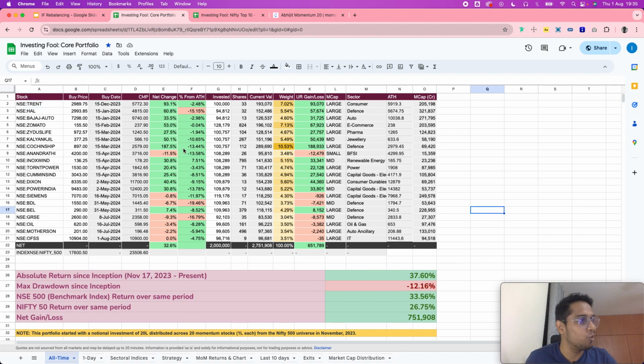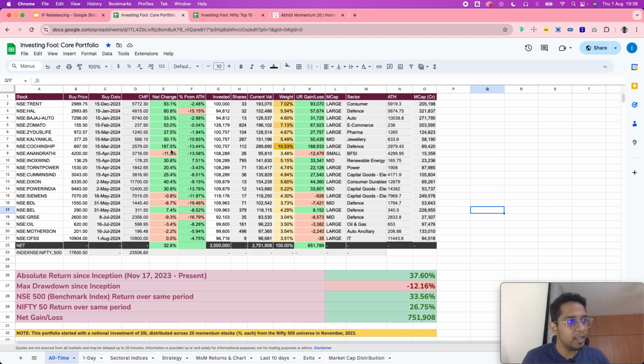If you see something like Cochin Shipyard, Cochin Shipyard has given like 187% returns. Now with 187% returns, if I have to sell today, it wouldn't happen anyway, because Cochin Shipyard is right now like the topmost ranked stock in our screener. So for it to fall, this 187% has to become very less. So whatever happens, even if we exit with 100% profit,